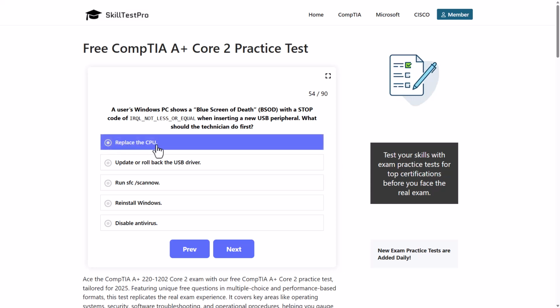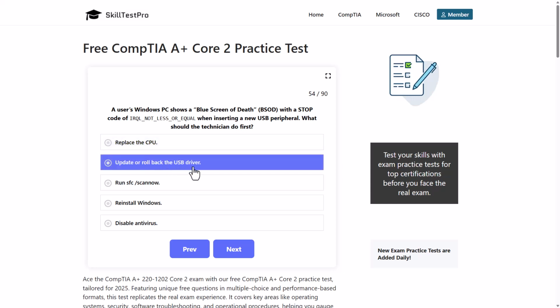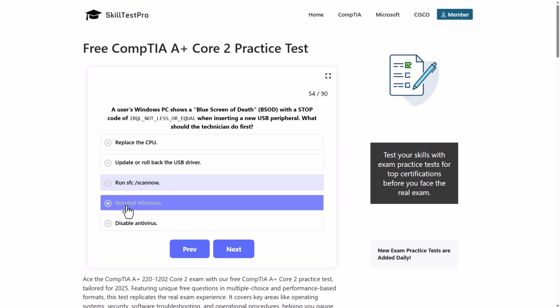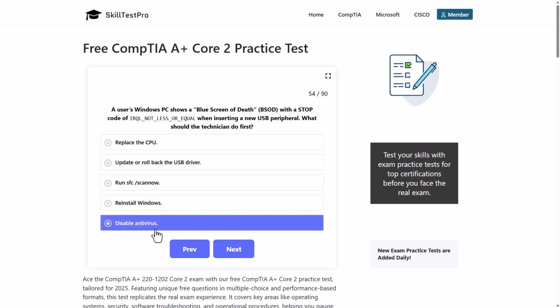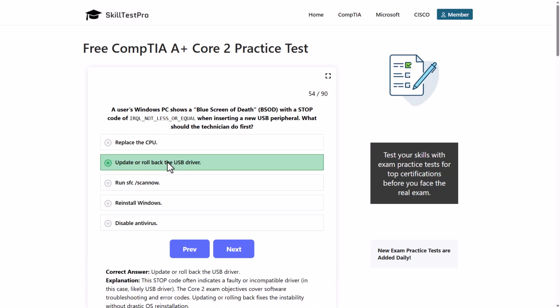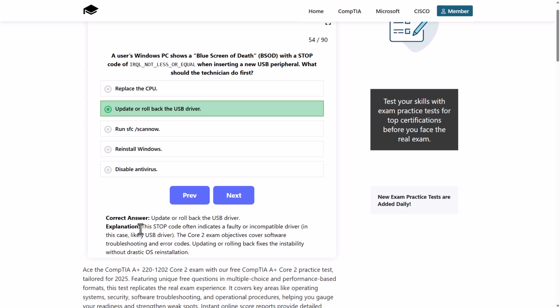Replace the CPU, update or roll back the USB driver, run SFC scan now, reinstall Windows, or disable antivirus. And here the correct answer is update or roll back the USB driver, as drivers are those software which are responsible for all these hardware components on our PCs. And this stop code often indicates a faulty or incompatible driver, in this case likely